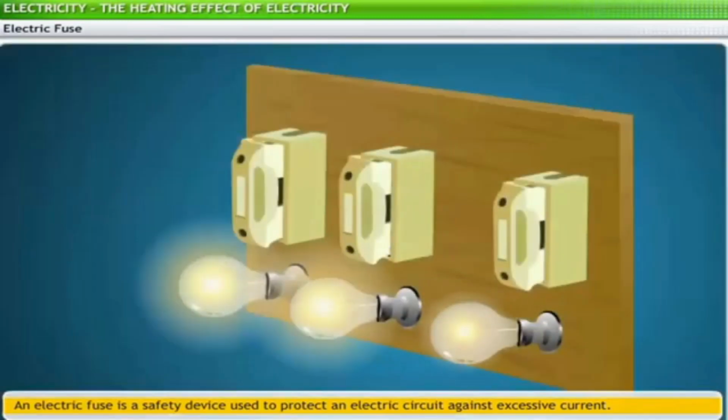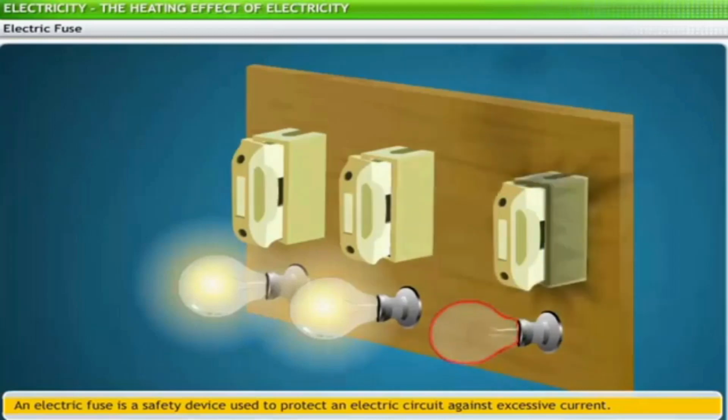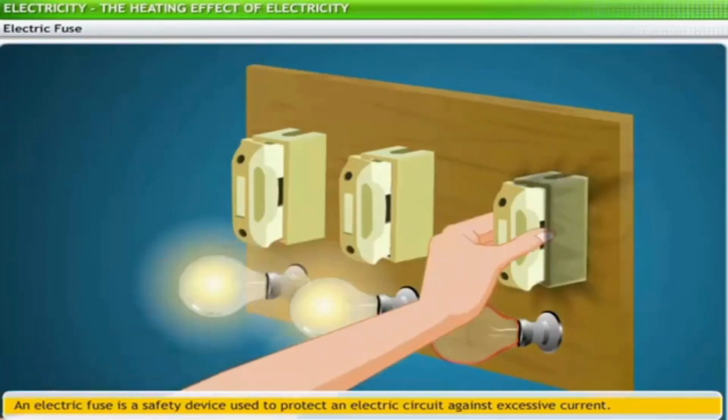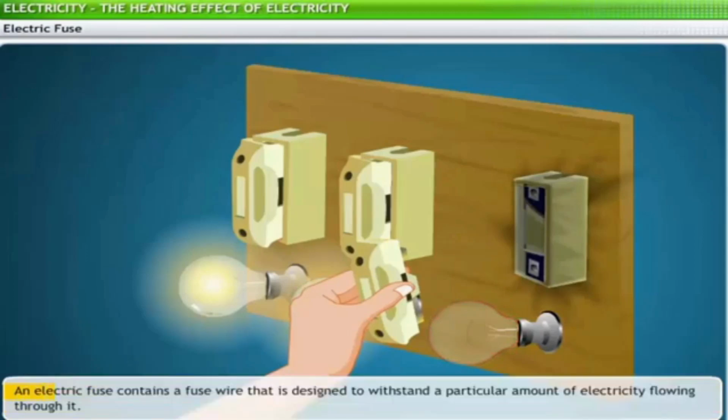The mechanism of the electric fuse is based on the heating effect of electricity. You may have often heard people talking about replacing the fuse in their homes because the fuse blew, cutting off the power supply. An electric fuse contains a fuse wire